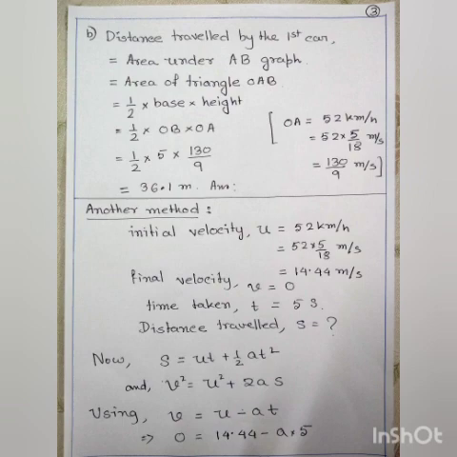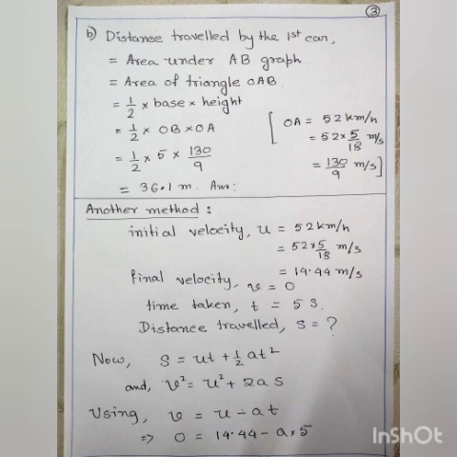Now see here, to measure s, we can choose any equation, either the second equation of motion or the third equation of motion, as the s-related term is in both equations. That is, s equals ut plus half at square we can use, or we can use v square equals u square plus 2as. But see what is the problem here. If we want to measure s using any of these two equations, we know initial velocity u for the first equation and we know time t, but we don't know acceleration.